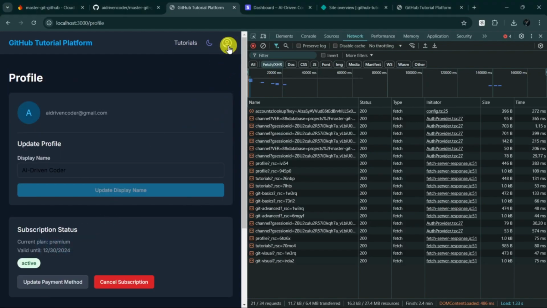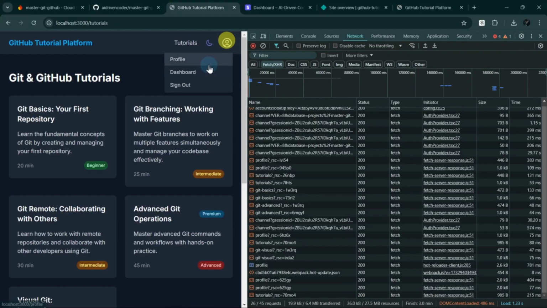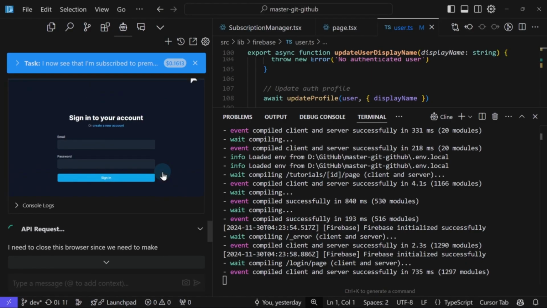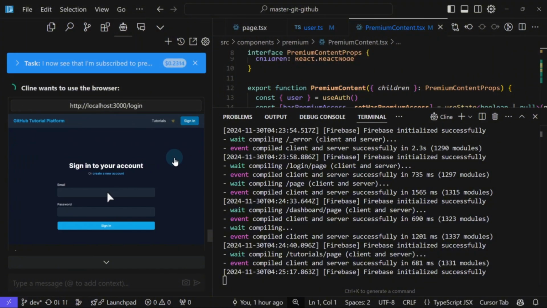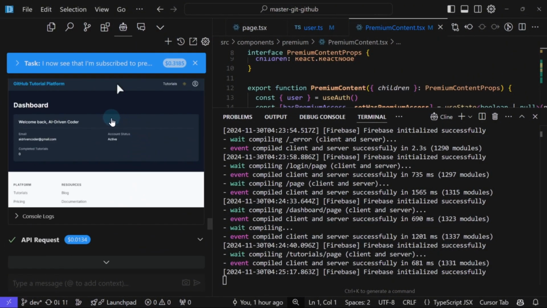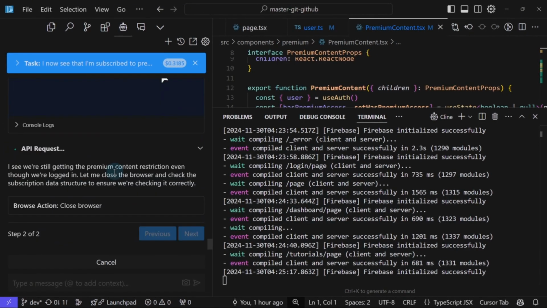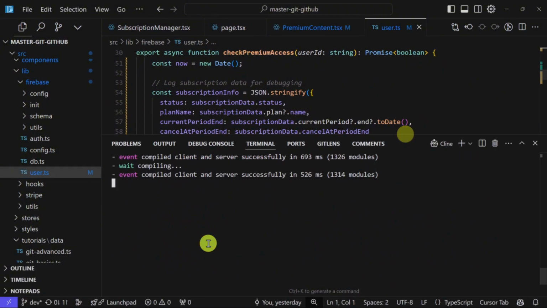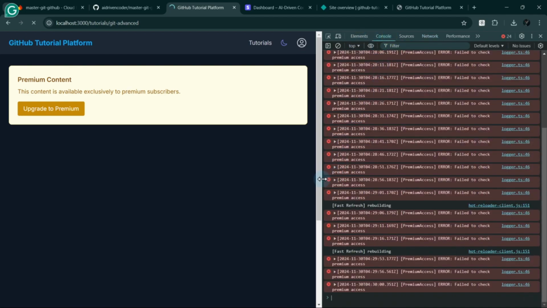Current plan is premium. I'm not sure if the status is a separate property. So maybe client is referring to this, but it should refer to the premium plan, not the status. It's signing in now. Client is using the Anthropic Computer Use API. Instead of looking where the Git advance is, it asks me to allow it to access that particular URL. So let me make sure that all the changes have been applied. I will rerun the development server and then look for the issues here.